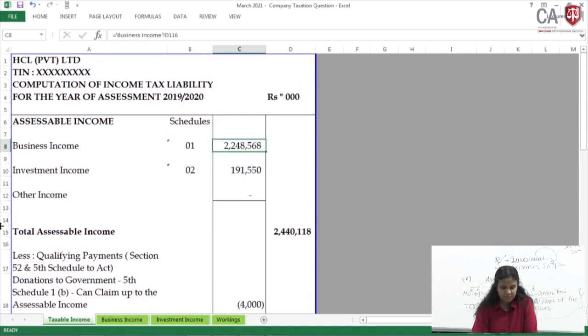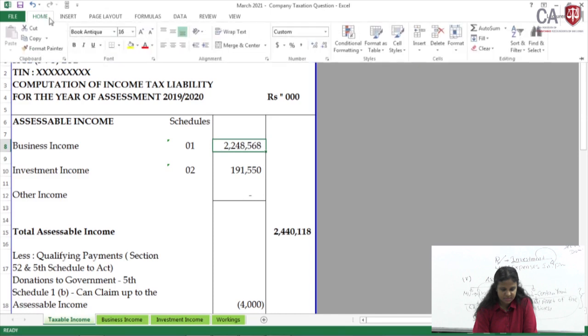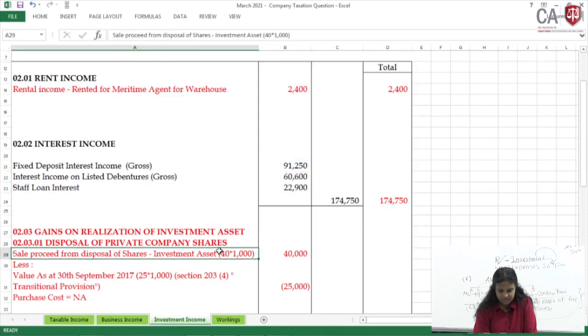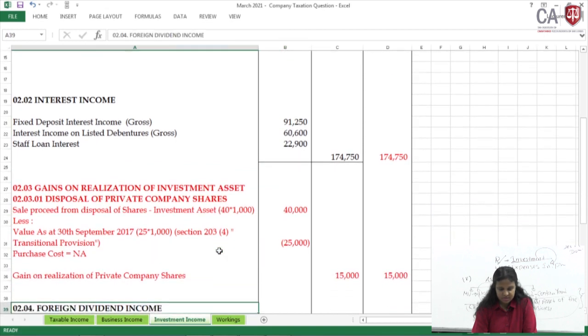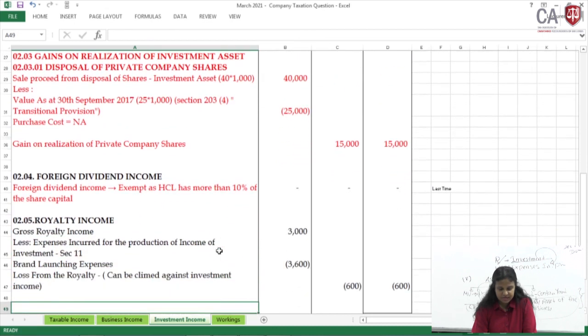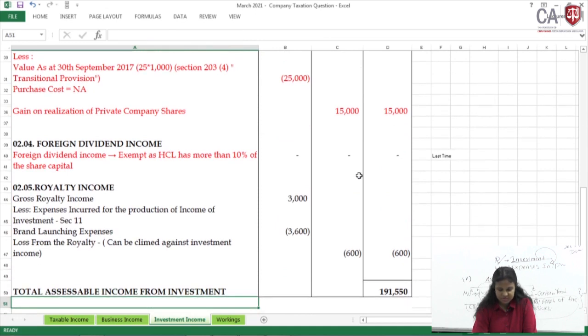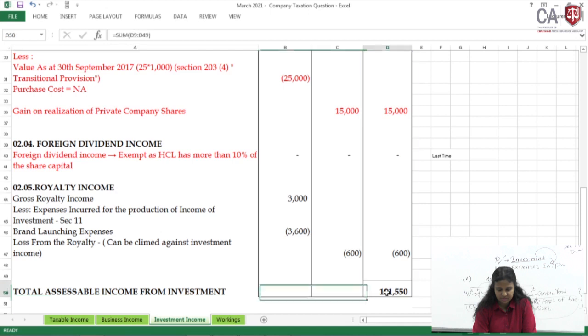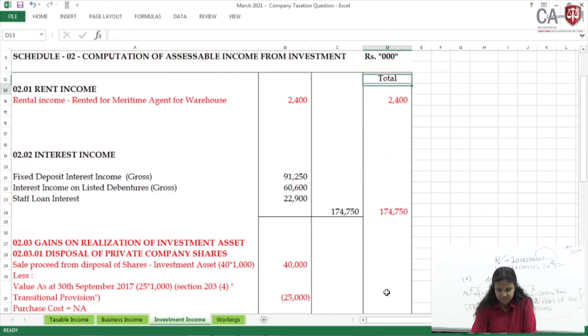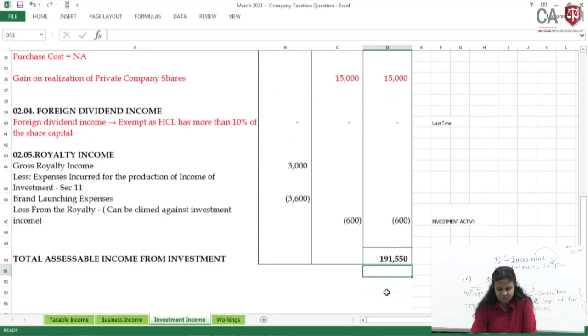Then we have to take the business income to the taxable income, which is under the assessable income part. First source is, for a resident company taxation, business income. We have taken that. The next one is the investment income. We have to take the summations, all the adjustments done. Rent income done, interest income done, gains on realization of shares 15,000 done, and finally foreign dividend exempted. Royalty income, there is a loss. Anyway, the loss can be deducted from other investment activities. After considering that loss and summation of all these, it is the figure of the assessable income from investment